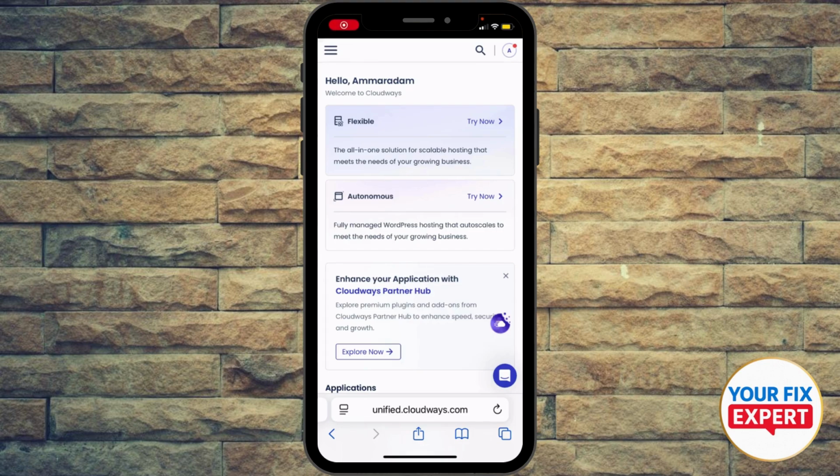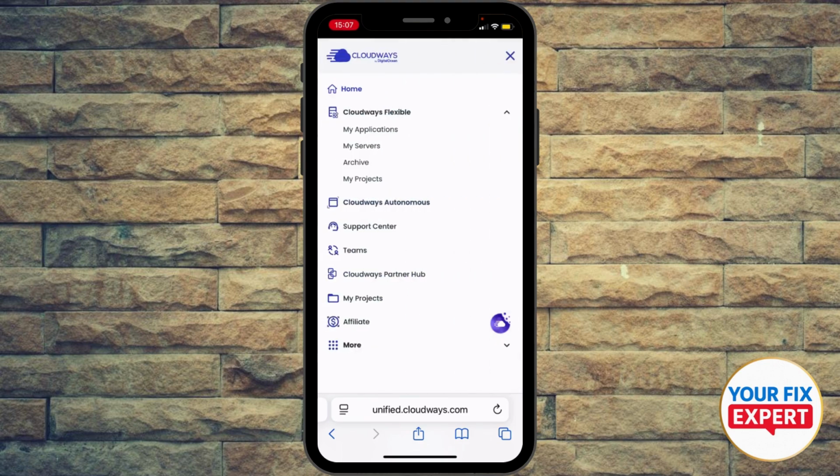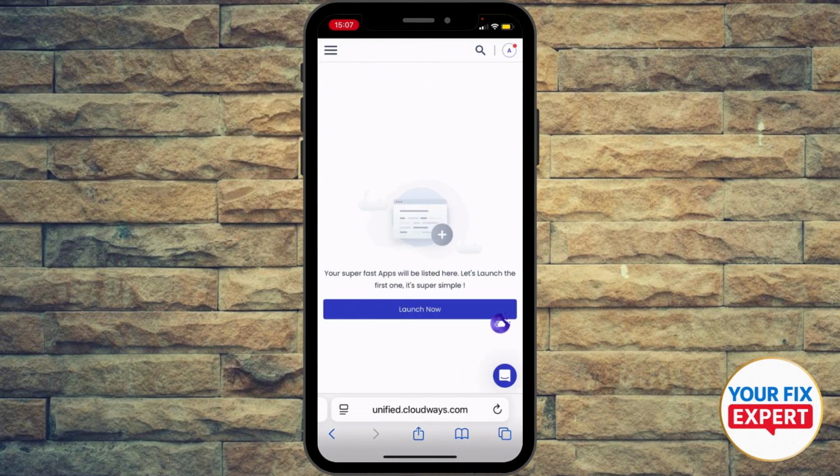Hey guys, how to access Cloudways File Manager. So click the three bars at the top left. Under Cloudways Flexible, you're going to see My Applications. Press it. Now as you can see, I don't have any applications or credentials inside Cloudways, but if you do,